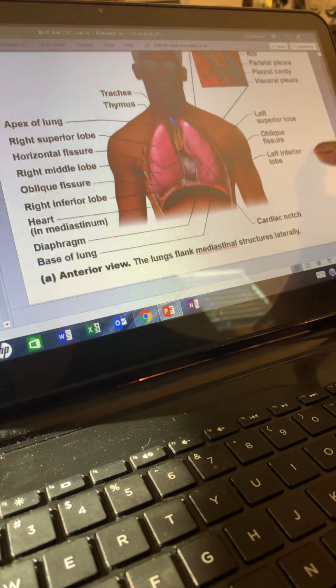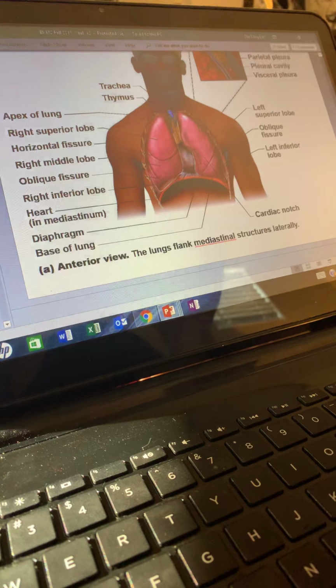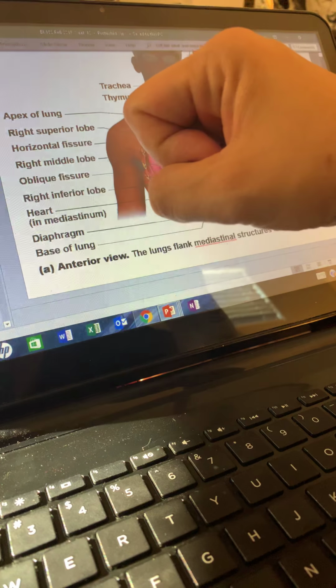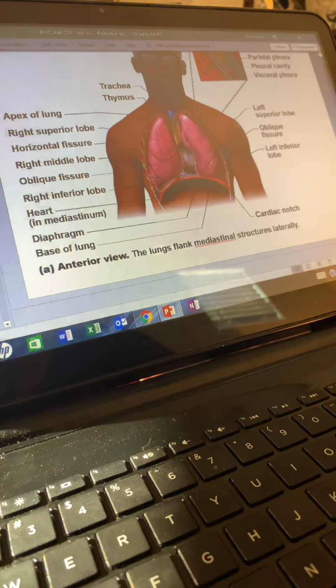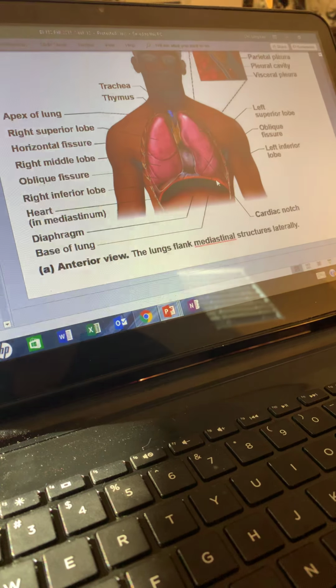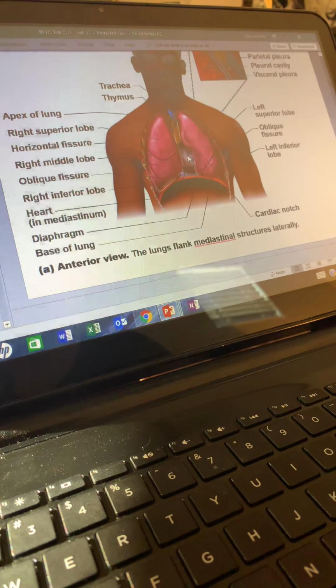So we've got the trachea, the thymus, you can't see that. Okay, here, that organ right there, and you have the apex and the base. The base is actually the surface that's sitting on the diaphragm. As you can see here, you can see the heart in the mediastinal area and the different fissures. If you can see the horizontal fissure, the superior, the middle, and inferior lobe, as well as the oblique fissure,